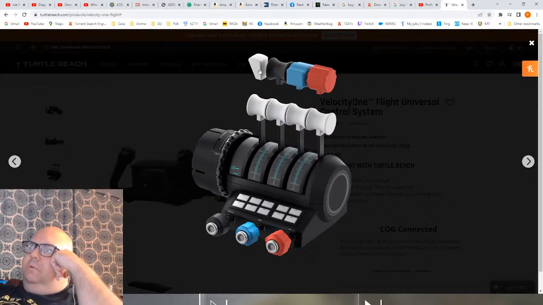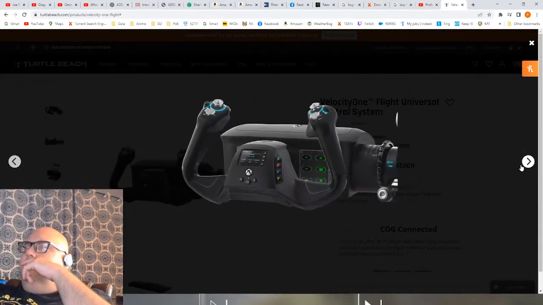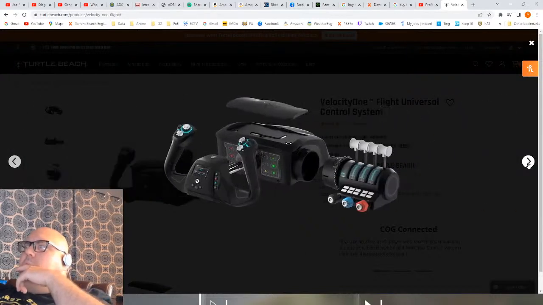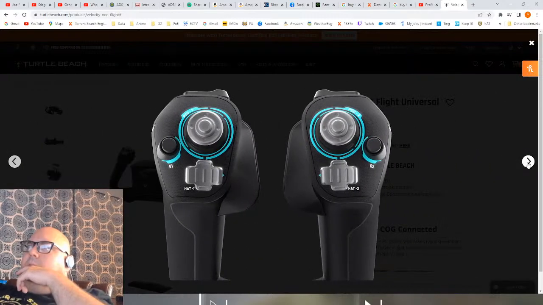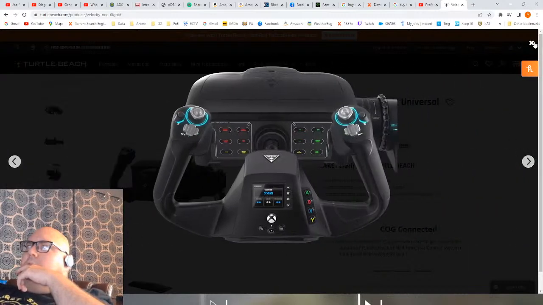What's this little white one? Oh, that's different styles. I guess different planes have different things you can simulate. Or if you get all of them, you're just gonna pick when you order. Our little Allen wrench thing in there. It's got the real yoke thing that goes in and out though. It's pretty expensive, but